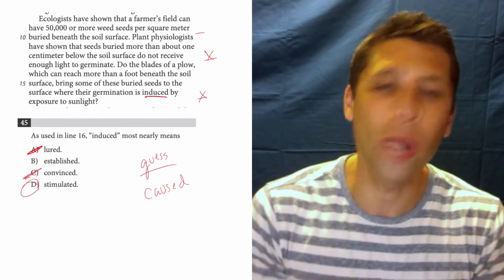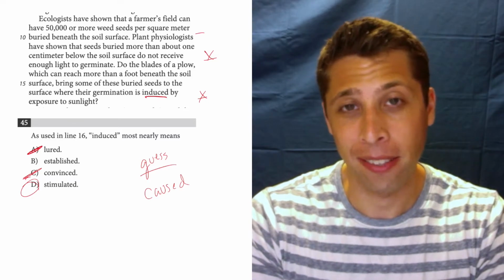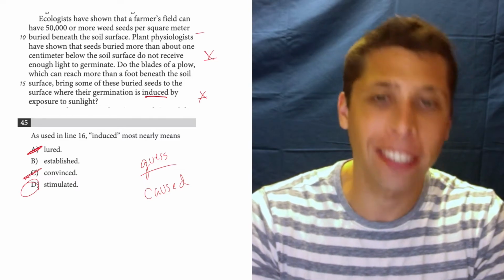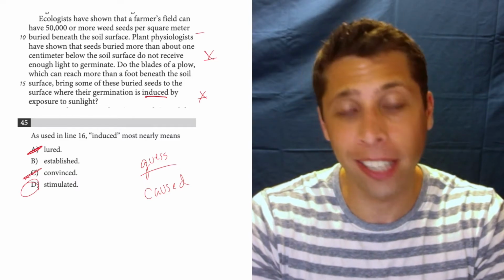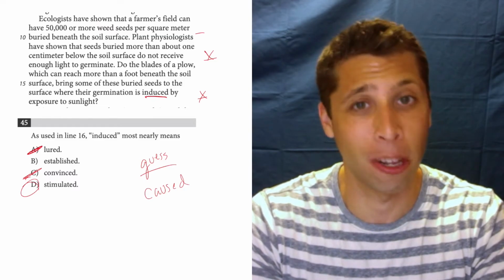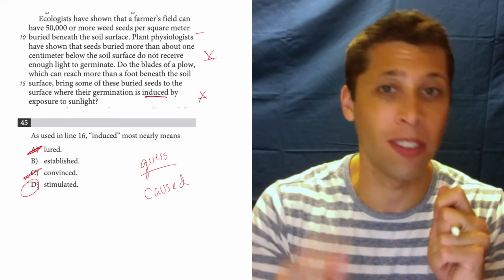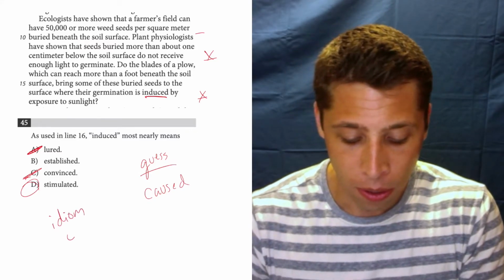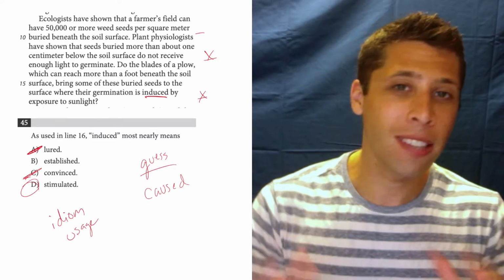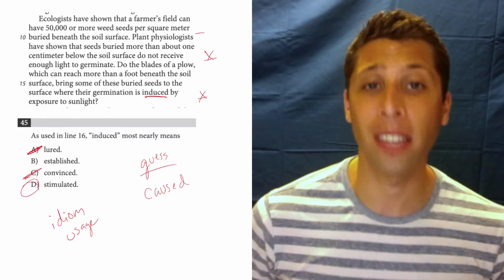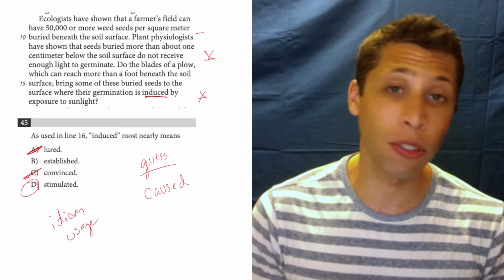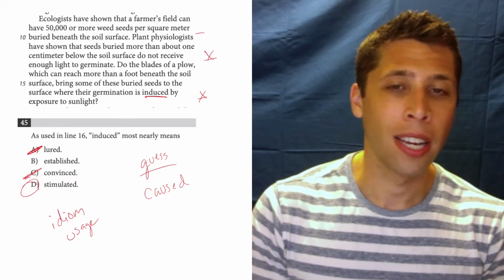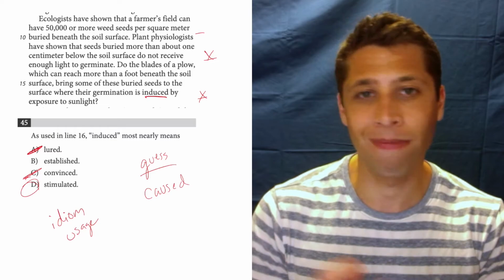It just feels weird. And look, if that doesn't make sense, this is one of those cases where speaking English and reading in English and watching television in English is going to help you. These are the kinds of distinctions in words that are hard to define. They are more sometimes what's known as idiom or usage. They're the kinds of things that you get just by experiencing and immersing yourself in a language. And so for a lot of students for whom English is their second language, those kinds of distinctions can be difficult because you're not as comfortable with those decisions.